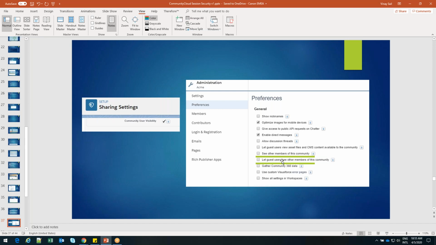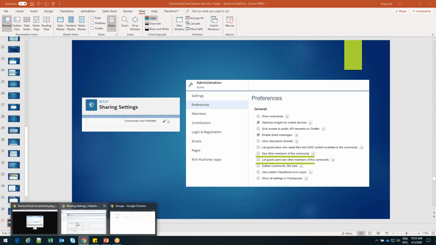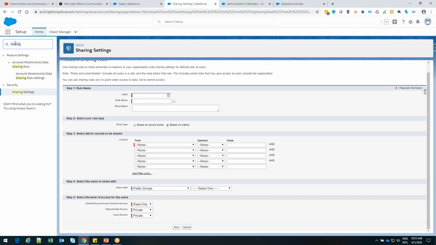If people want to collaborate with each other and you want them to see each other, keeping in mind the security compliance and that GDPR regulation comes into the picture, it's up to you what you want to enable over here. So there are a few settings available. If I go back into the community settings,